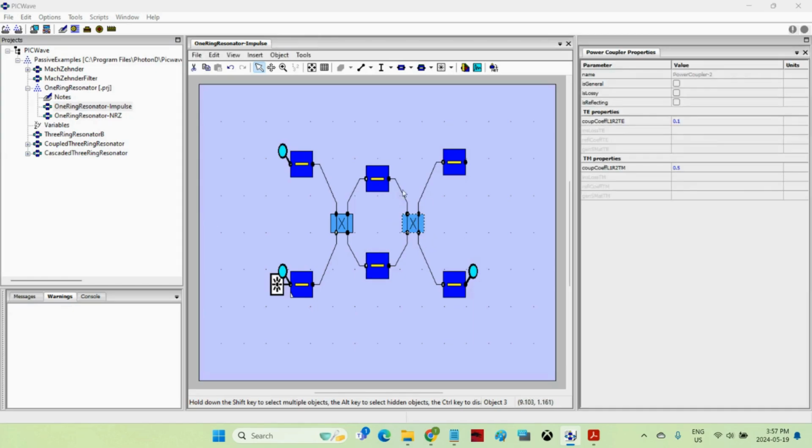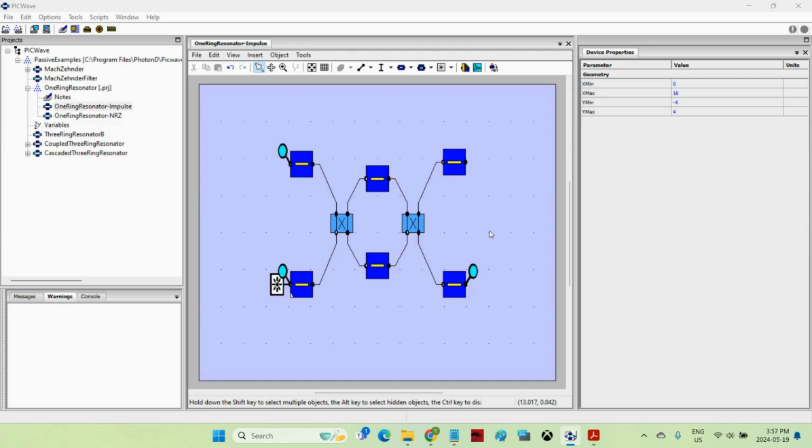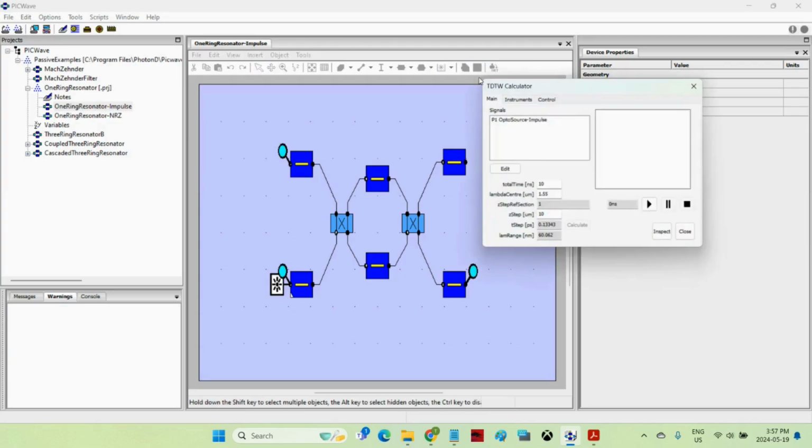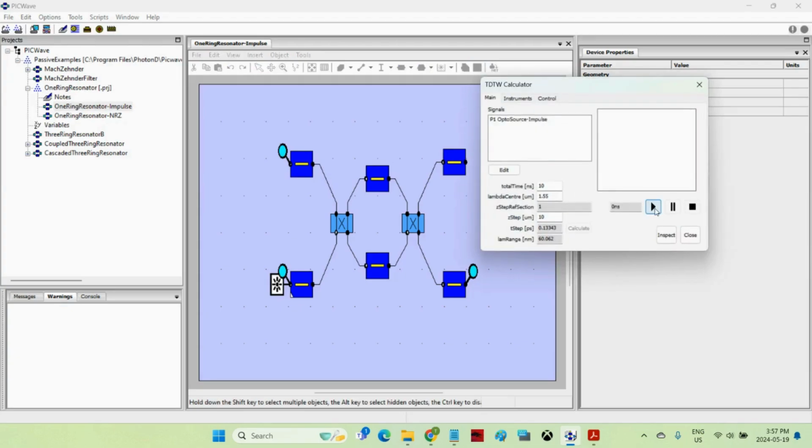along with, in the coupling regions, the TE and TM coupling coefficients, again calculated elsewhere in this case, we can do a very quick but accurate simulation of the ring resonator using PICWave's TD-TW time domain algorithm. So I open the TD-TW calculator, I click run, it does a time domain simulation for 10 nanoseconds with an impulse optical source coming in the bottom left,